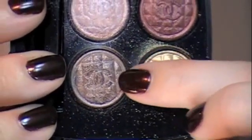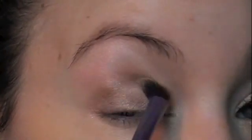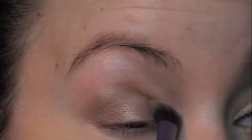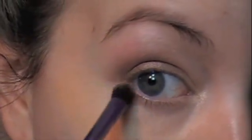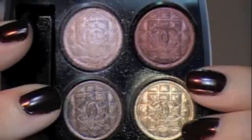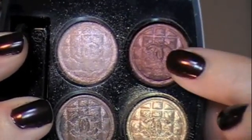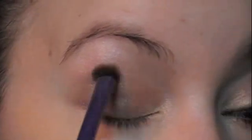Next, take this satin taupe color with the blending brush and just place that on the lid up into the crease. This is a beautiful color that really makes the palette very wearable and very neutral. I love taupes, and this taupe has a beautiful sheen to it. Take that underneath the eyelashes, and then take the burgundy color at the top and apply that into the crease,